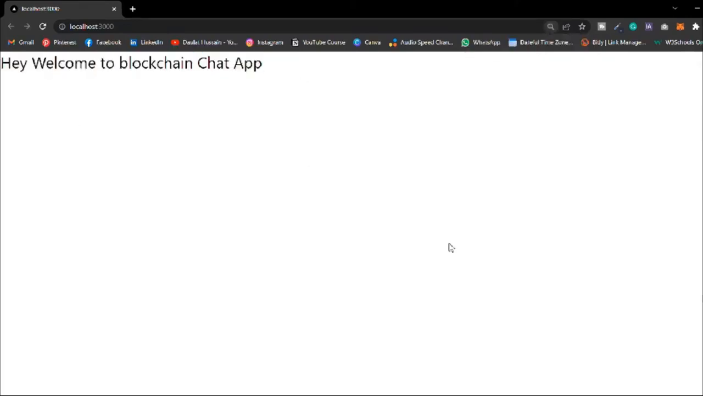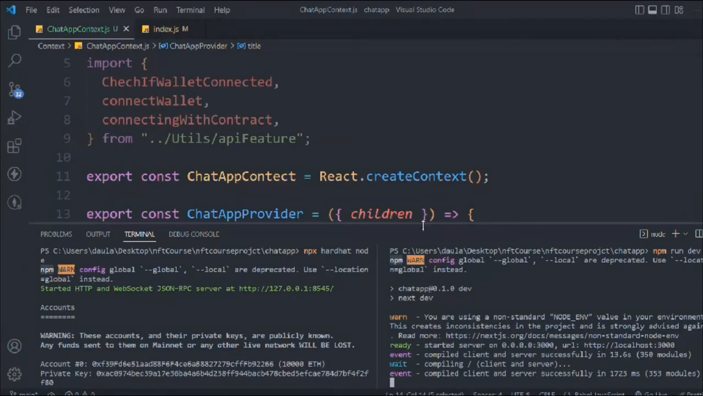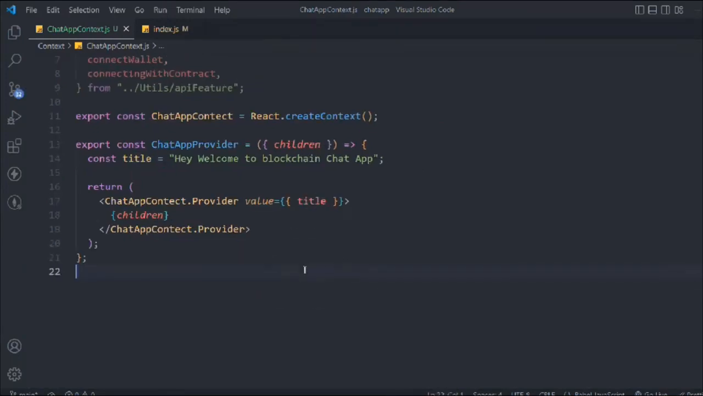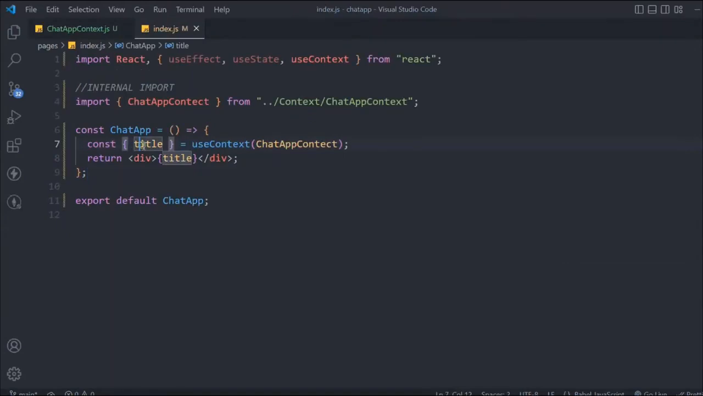Hey, welcome to blockchain chat app. So our context API is working fine, and we can easily access data in different components. Simply bring this down, and that's looking fine. I don't want to have this data, so simply remove this. I just put this to show you guys. Okay, remove this one and remove